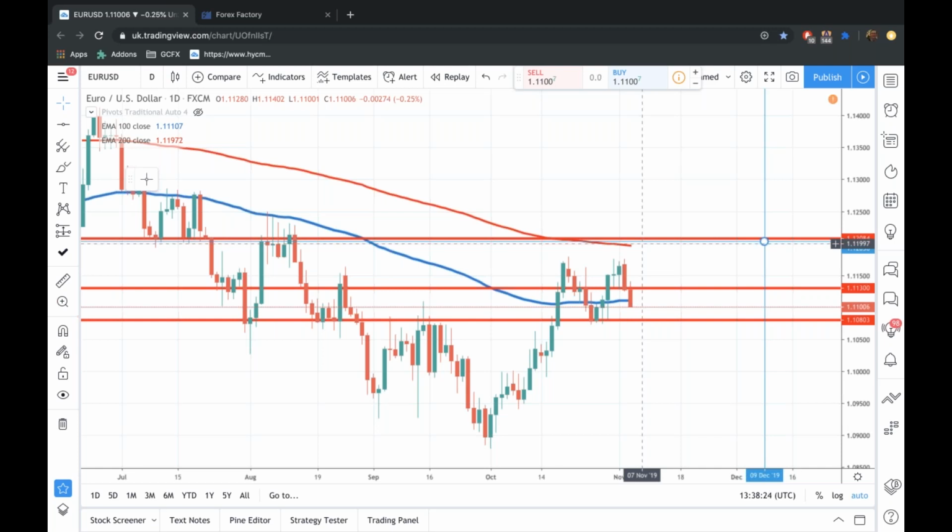So for me, the US dollar is really data dependent at the moment, and the euro is very well depressed, but it's hard to see what the ECB are going to do extra without something new being announced, without some kind of a fiscal stimulus. So the US dollar side of this is that